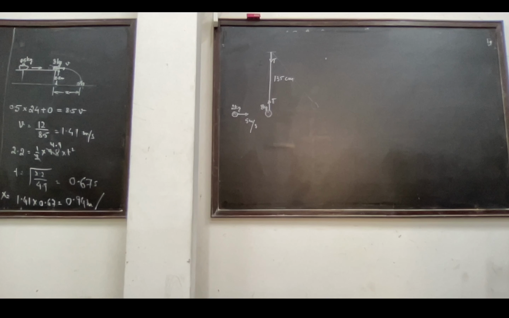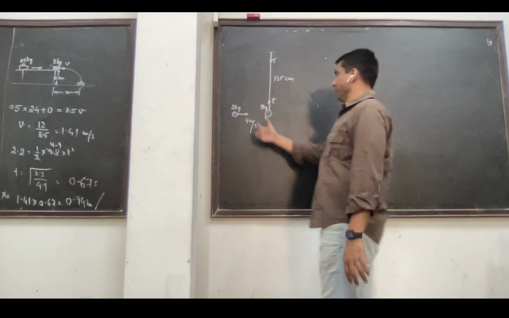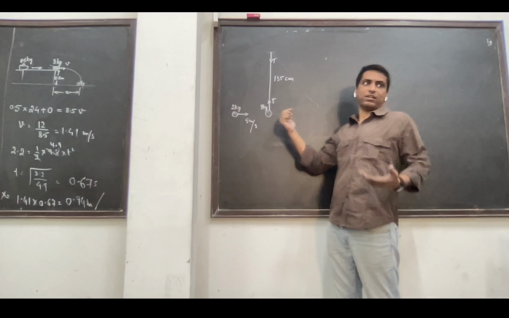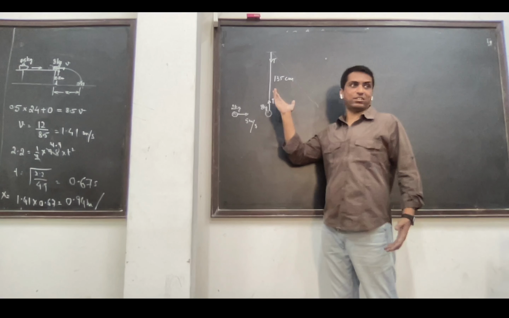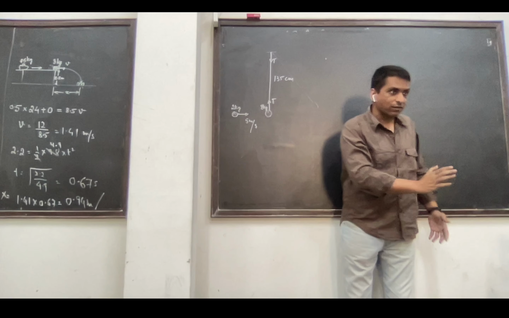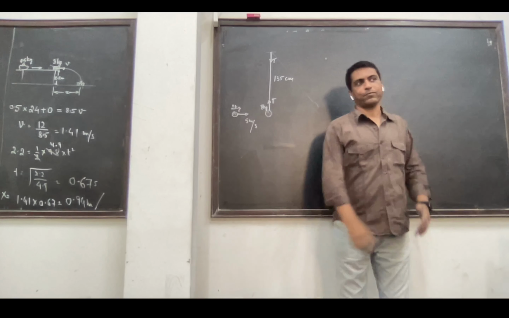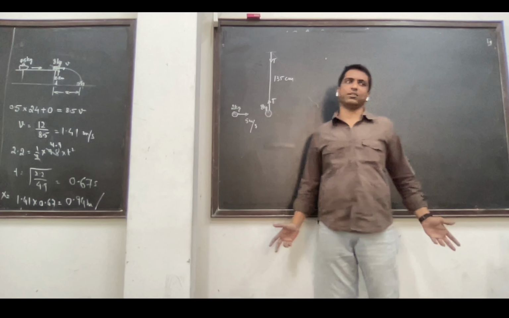The ball has still, yeah. So the ball has moved by a very infinitesimally small distance. So mg is still downward, tension is still upward. So they are still aligned. So the impulse force exerted by the smaller ball will not have a component in the direction of tension at a moment immediately after or during the collision. Correct? So that is why I was asking the question, will it change, will it not?